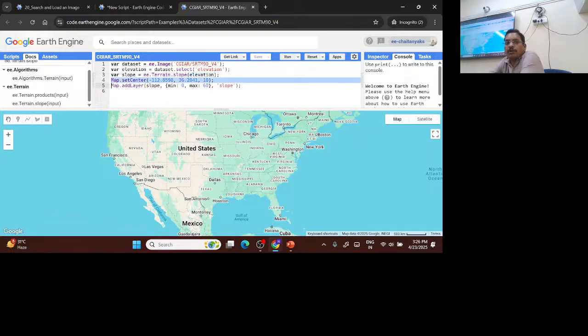And then in this line, what I am doing, I am centering my image to a particular location, longitude and latitude, and then I am adding my slope. The slope layer which is generated, I am adding, and these are visualization parameters, that is the second parameter. Third parameter, that is slope, I am giving a name. If I don't give any name, it will be like layer 1, layer 2, by default it will generate. So if I run this, you just observe